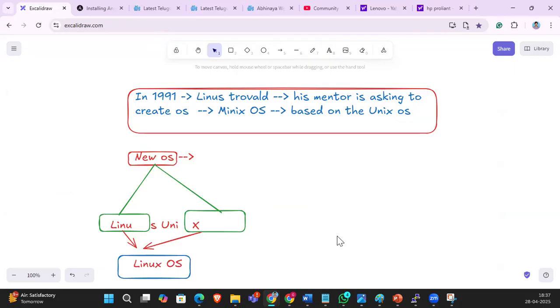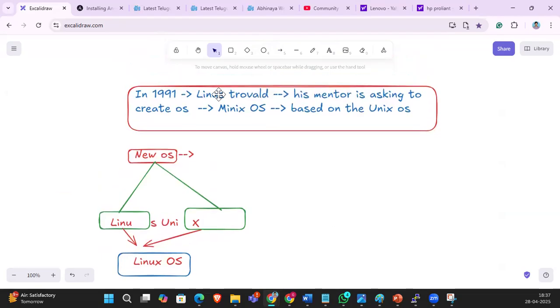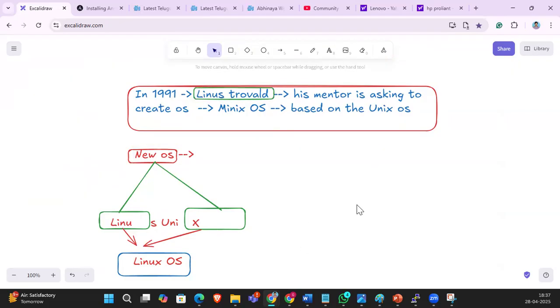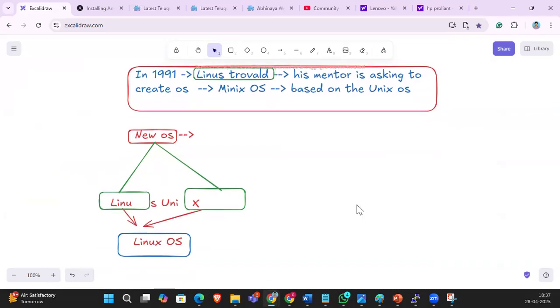Yes, he released it as open source. Who is Linus Torvalds? He created the Linux OS.